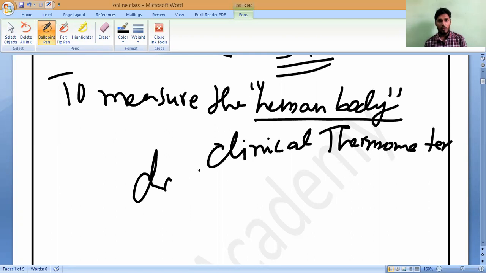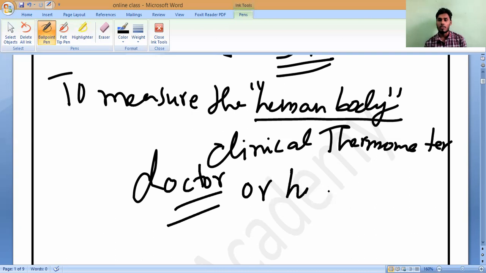Basically, if you go to the hospital, before going for the prescription from the doctor, the nurse or some compounder who is working there will test our body temperature. Understand? So this clinical thermometer will be used by doctors, or else if your mother or father have awareness about this thermometer, then we can use it at home also. Is it yes or no? To check our body temperature. Yes? Yes, sir.